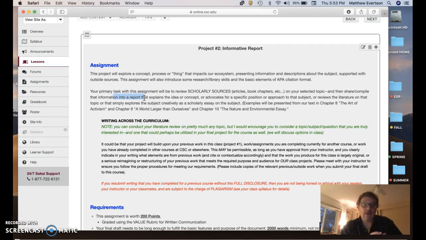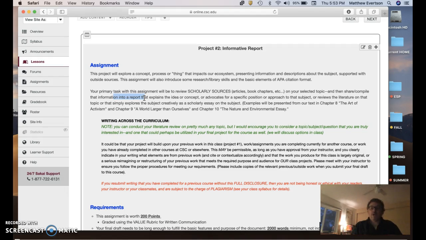But if there's a very focused ecological topic that you could take up an advocacy for, solar panels, wind energy in a particular county, going against a policy of prairie dog eradication, I don't know, anything like that. That would still allow you to pull in outside research and present information about the topic. That's basically the goal. I want to caution you about trying to write a huge advocacy paper, or what we